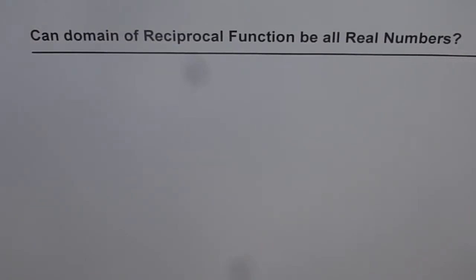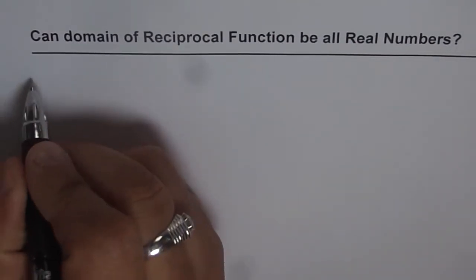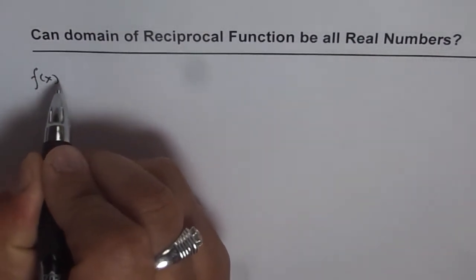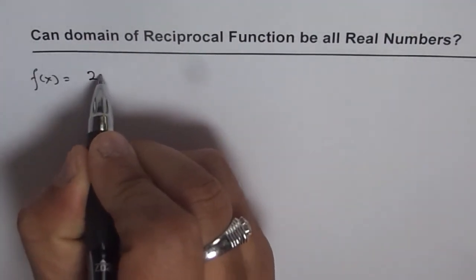Can the domain of a reciprocal function be all real numbers? That is a big question. Many times students think that a reciprocal function means that there has to be a vertical asymptote or some kind of restriction. Normally we consider a function, let's say f of x equals a linear function, let's say 2x plus